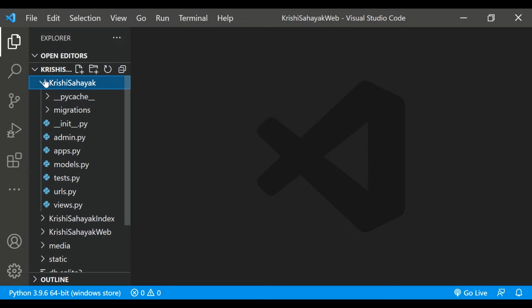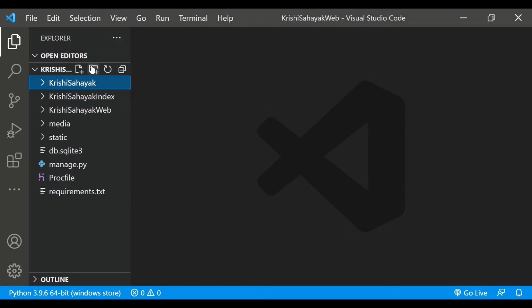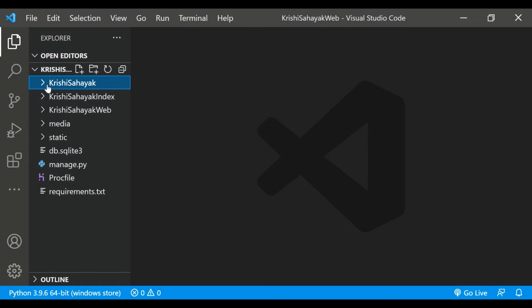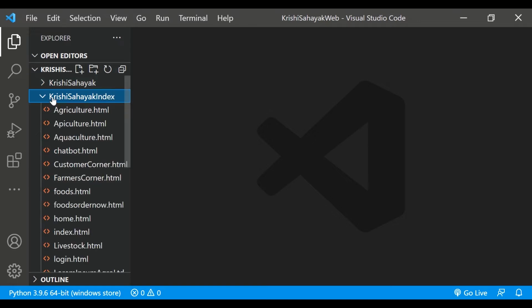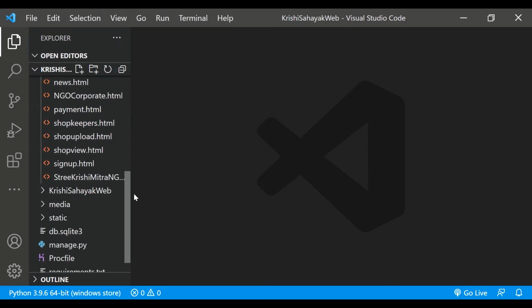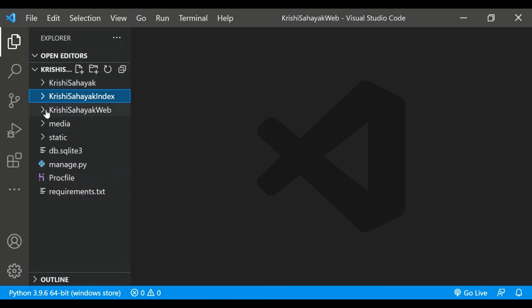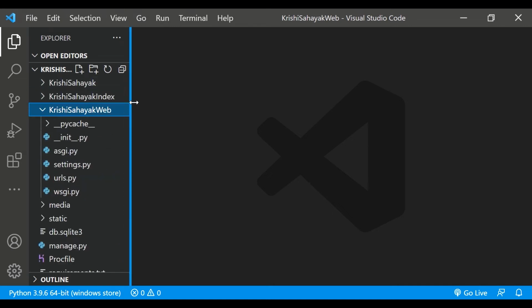So the project folder is Krishi Sahayak Web, and inside that the app folder is Krishi Sahayak. In that I have all these necessary files and folders. Then I have Krishi Sahayak index, in which I have all the HTMLs. And in Krishi Sahayak web, as I said, this is the project folder.